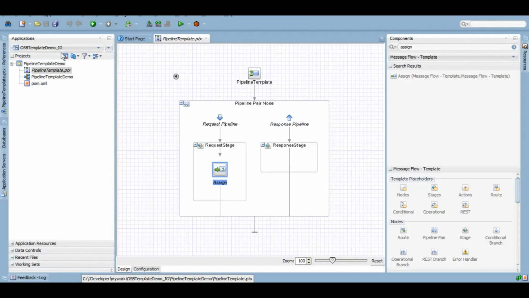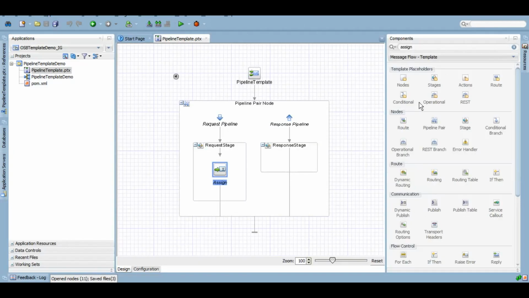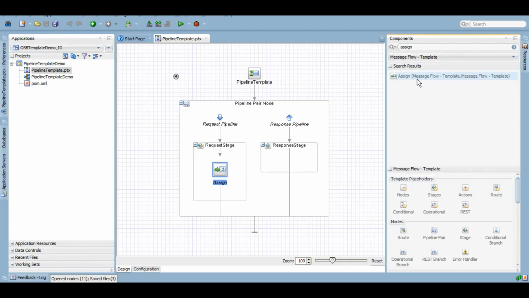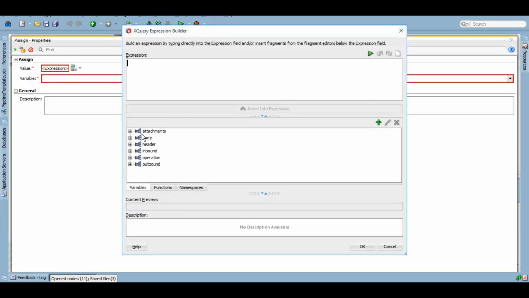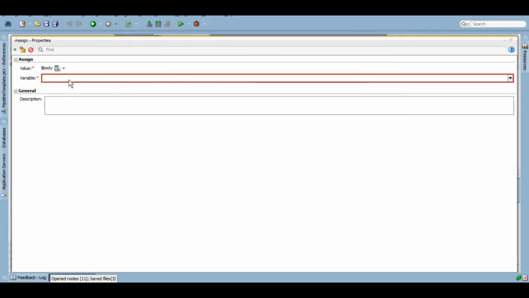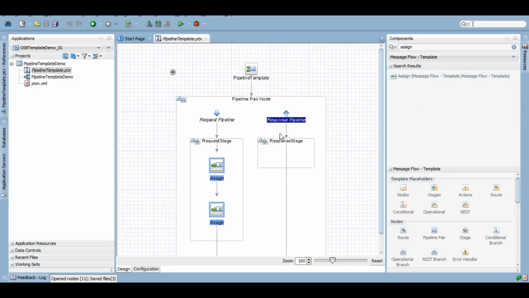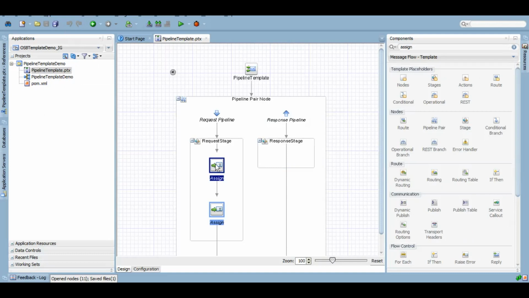I'm canceling this, and just for the fun of it, just to check how it looks, I'll add one more assign action, something similar to what we did, and I'll assign a body, and let me just say temporary variable. So now we have got two assigns.